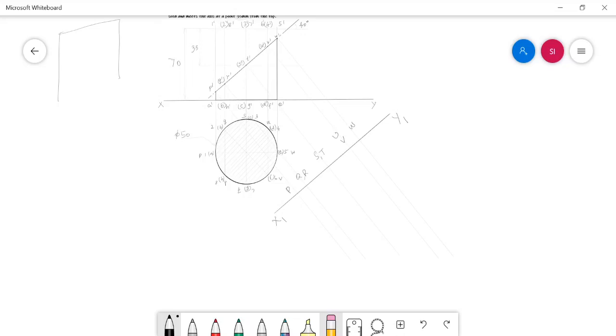Let me measure the distance between the cut point P and the xy line. This distance you have to measure, and at the same distance you have to mark the point P in the projector of P, with respect to x1 y1. So approximately I am marking the points here.